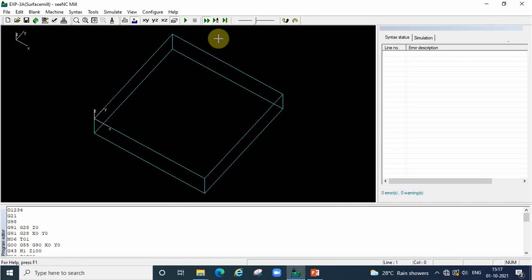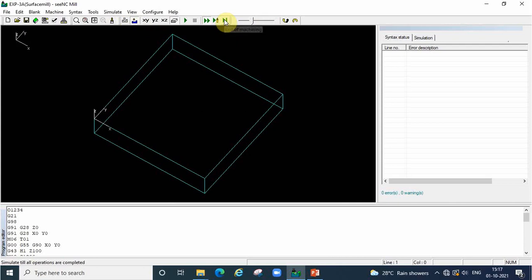Now we are going to do the simulation. If you want, we can decrease or increase the simulation speed. This is a line by line verification. Every time you have to click the space bar. Line by line it will execute. This is for every tool change. More than one tool we are using. One tool completed. Once again you have to click on the screen. The next tool will come and perform the job.